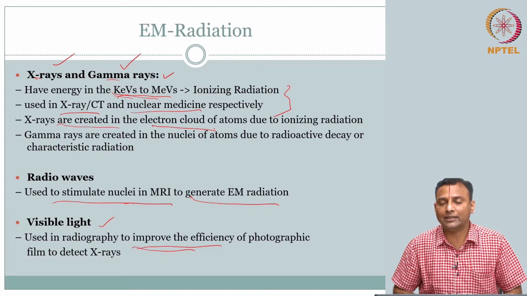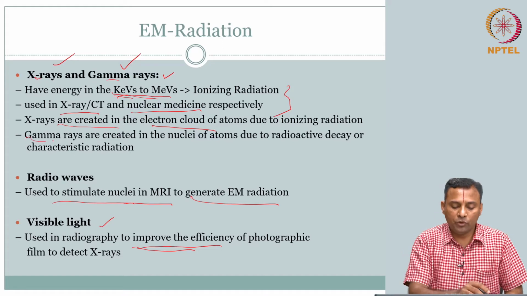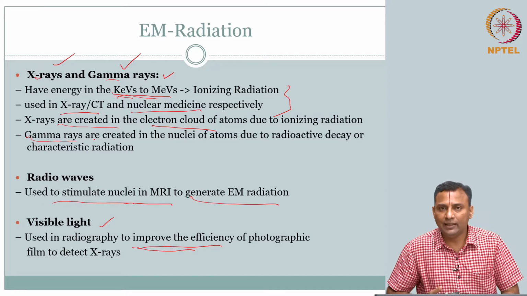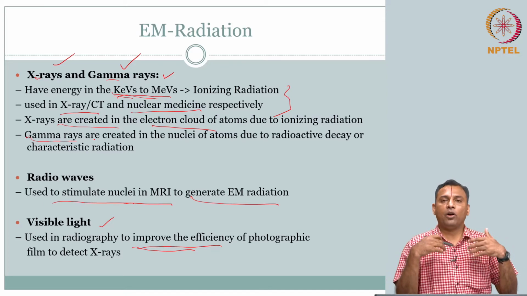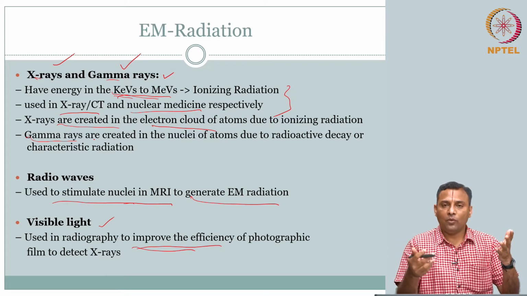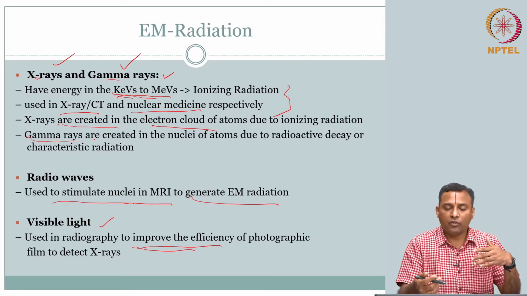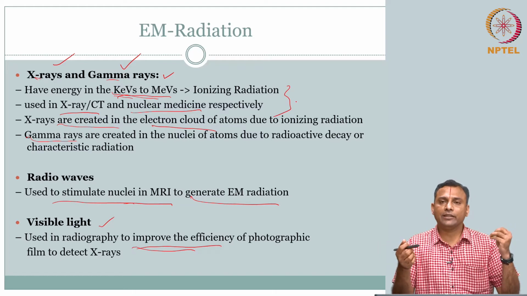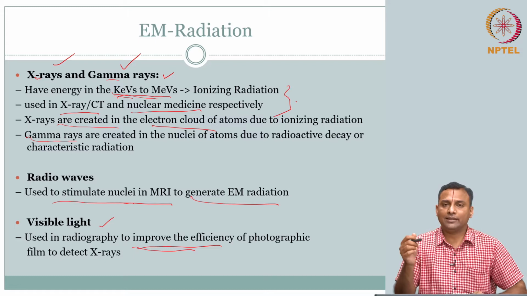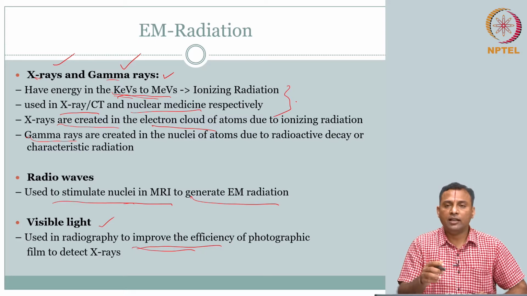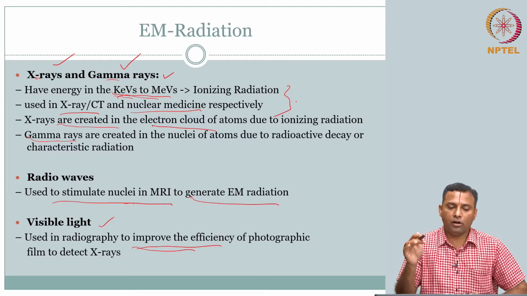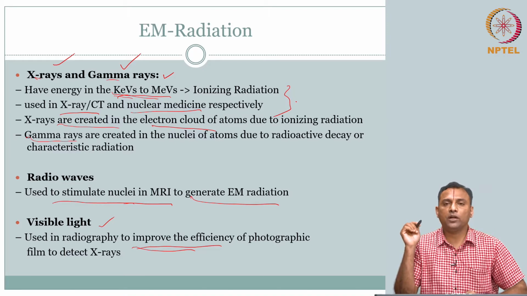How you generate X-rays and how you generate gamma rays is different. But once it is generated, how it interacts with the body, the ionization, all that we are going to cover now for X-rays specifically, most of it can be borrowed, right. Similar interaction happens for gamma rays as well. So, we will defer gamma rays and the details of that until we get to nuclear medicine. For now, we will talk about X-ray interaction with the tissue, because that is what is important for us.